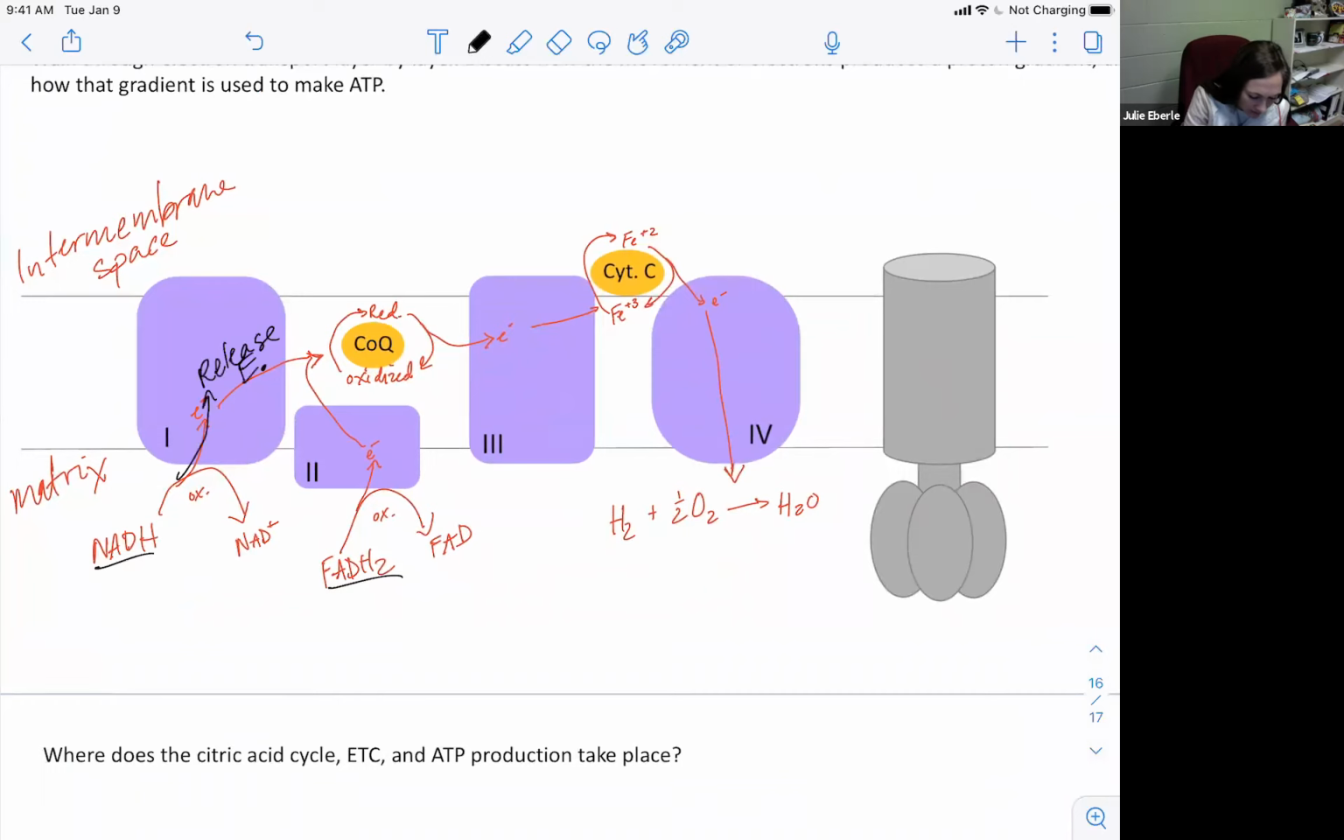Now complex 2 does not pump protons, but it still does release energy, which is harnessed to pump protons for other complexes. So as this coenzyme Q and cytochrome C, this all releases energy. Okay, every redox reaction in this chain is energetically favorable. Negative delta G. These are all redox reactions. Every single one of these is used to release energy, and that released energy is used by the complex to pump hydrogen atoms